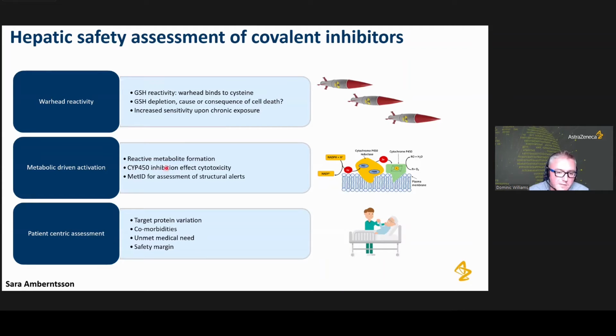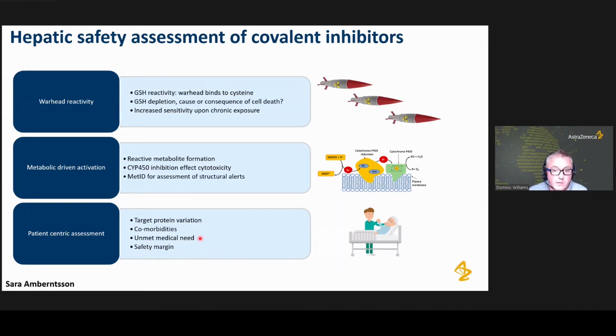If we get P450 inhibition, does that affect cytotoxicity because it keeps the warhead with the cells and the proteins for longer? But really, MET-ID helps us pull apart these different structural alerts. And then the patient-centric assessment, really, we need to understand whether the target protein varies across patients, what are the comorbidities and co-medications, but is it really for an unmet medical need where there are no other drugs there? So a higher risk